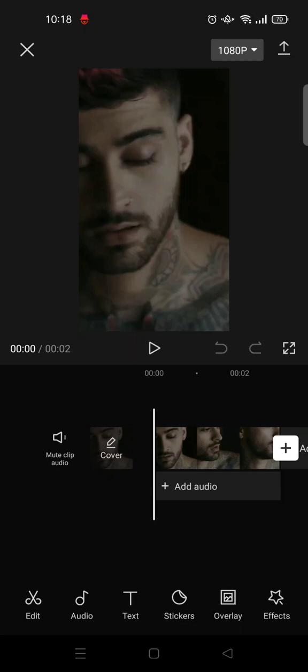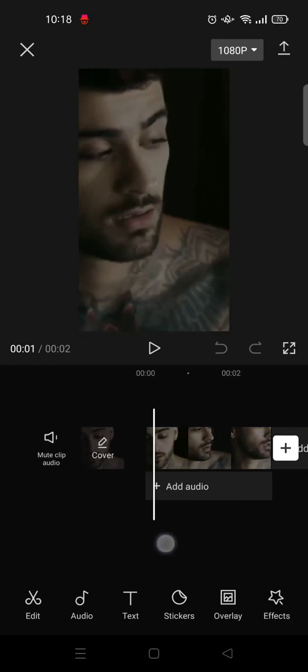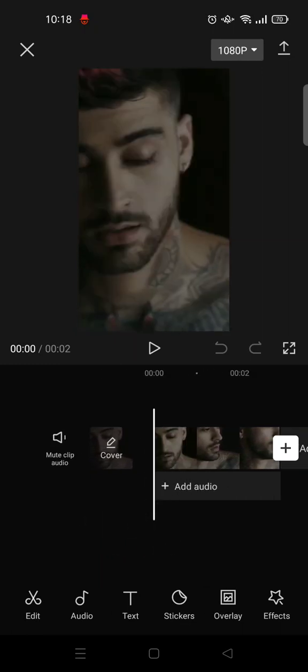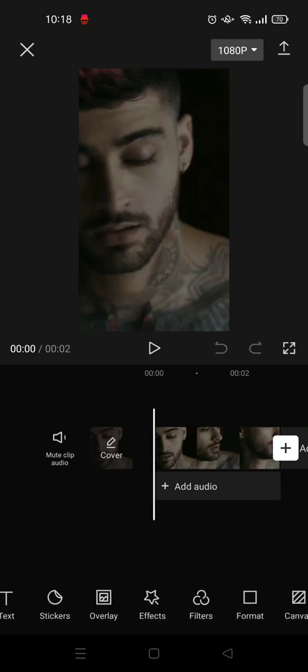In this tutorial, I'm gonna show you how to edit the famous TikTok video quality in CapCut. So first you need to add a video, and then after that go to adjust